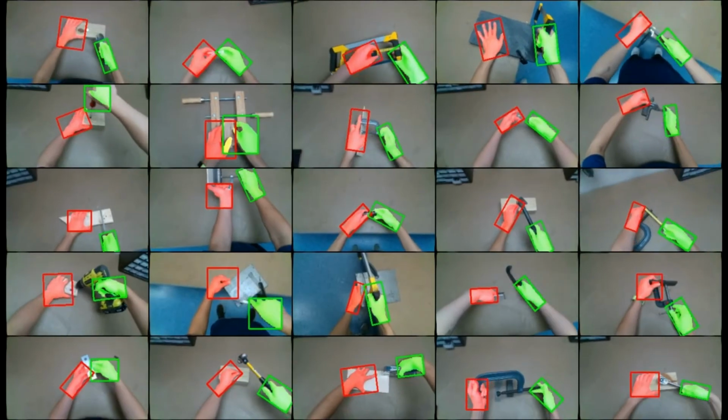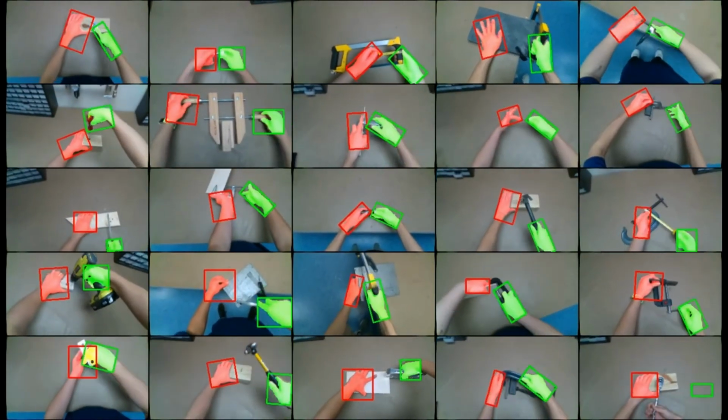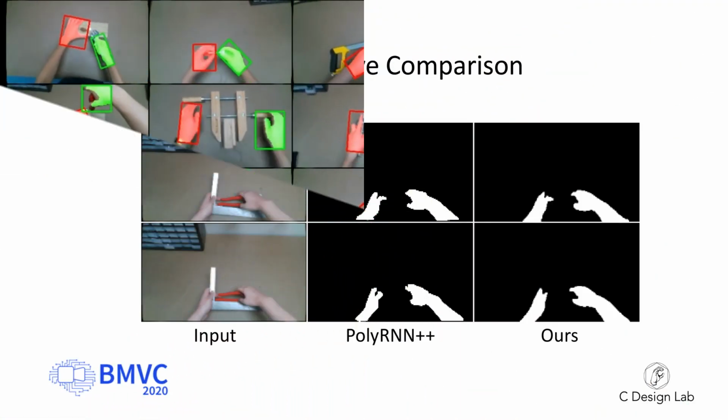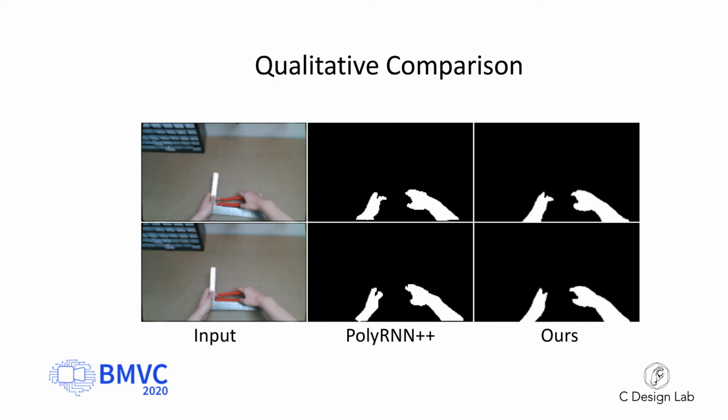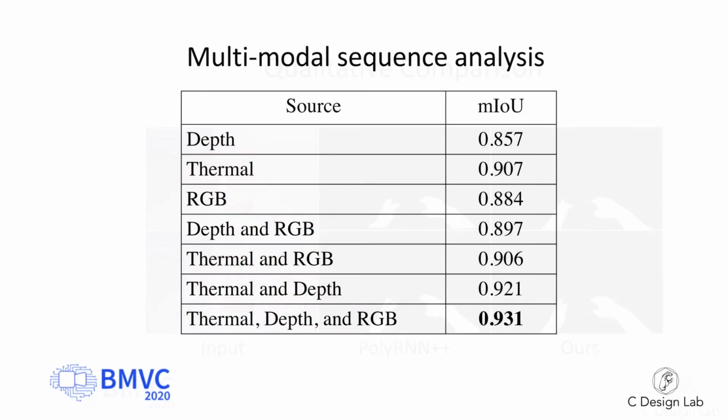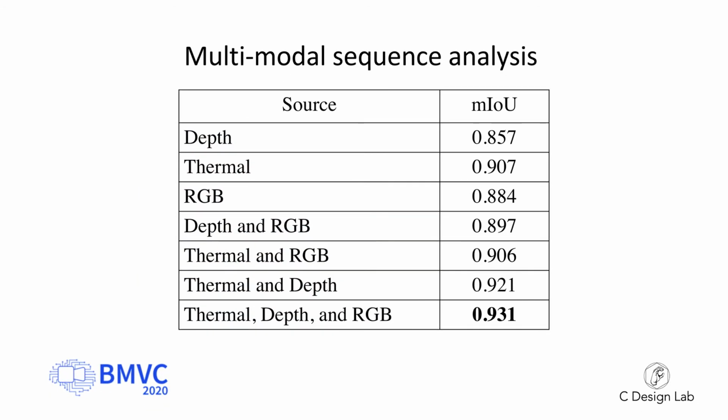The video dataset contains 5 subjects, 15 actions, and 23 tools. As shown in the qualitative comparison of manually annotated images with PolyRNN++ against our method, our method shows much more accurate and smooth curves. We analyze the effect of multimodal sequences for hand segmentation by conducting 7 ablation studies